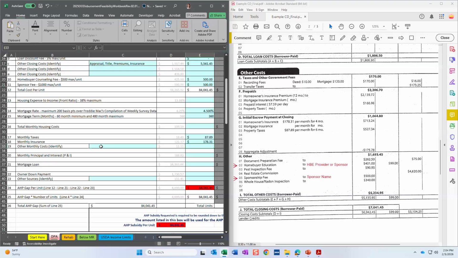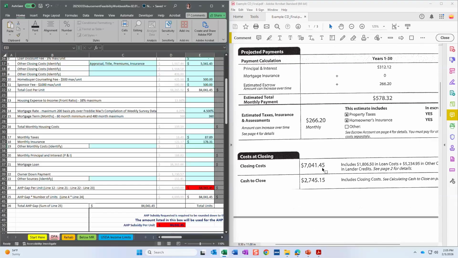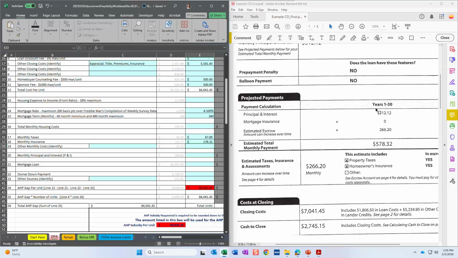And then there's going to be a line for other monthly costs. This can be anything like an HOA fee. I think that's the biggest one I see, HOA fees on a monthly basis. But if you have any other recurring monthly costs associated with the housing, those would go in this line. A lot of times when I'm looking for it, I'll look up here at page 1 and look at the total costs that I'm seeing in here. And if there's an other amount here, usually it will tell me if it's that HOA or anything like that. So when I'm filling out workbooks, that's what I'm generally looking for on my end. This one does not have anything else other than taxes and insurance.